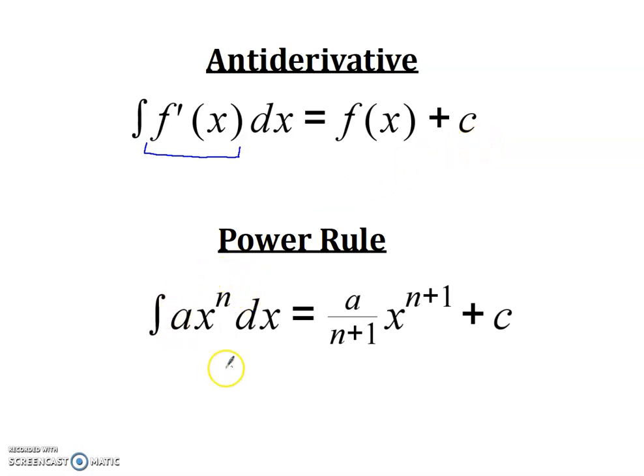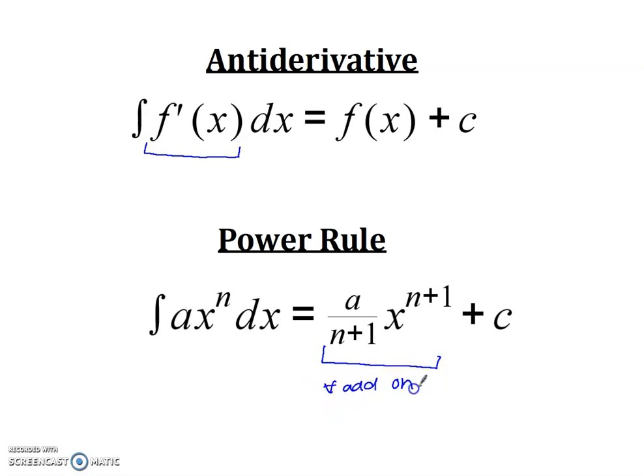Okay. So our power rule: if we have x to some power, and whatever the coefficient is, to do the antiderivative, this is the little formula for it. It looks more complicated than it is. What we do is add 1 to the exponent and divide the coefficient by that new exponent. So what this means right here